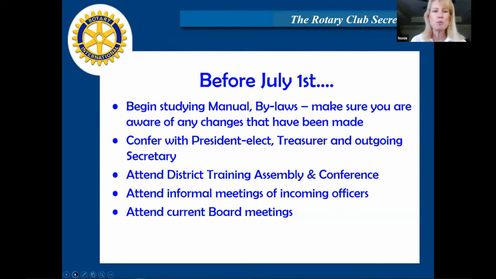Make sure you attend current board meetings. It's really hard to take minutes if you don't attend a current board meeting. Many of you that are secretaries now are taking minutes online as you're doing Zoom meetings. But it may be easier for you just to take notes and retype those minutes up later. I do know some secretaries just have their laptop right there and they have the standard form and they just put the minutes right into it and send it out right afterwards.